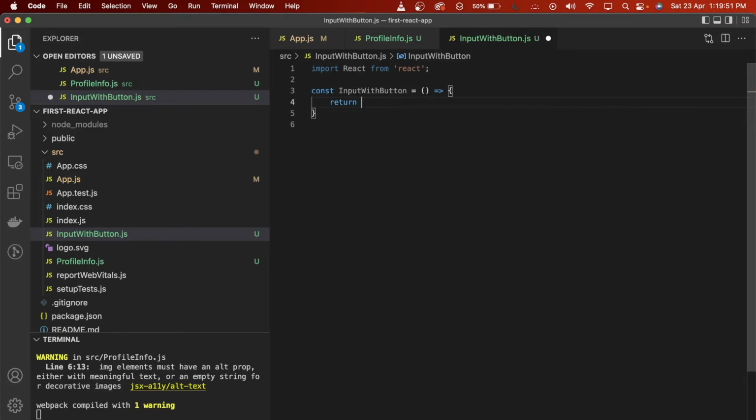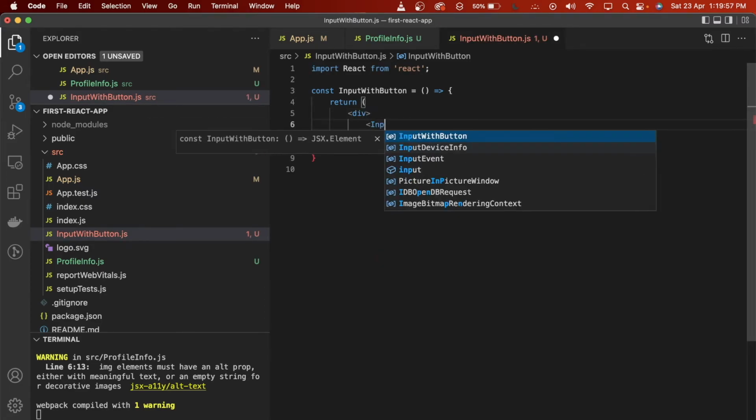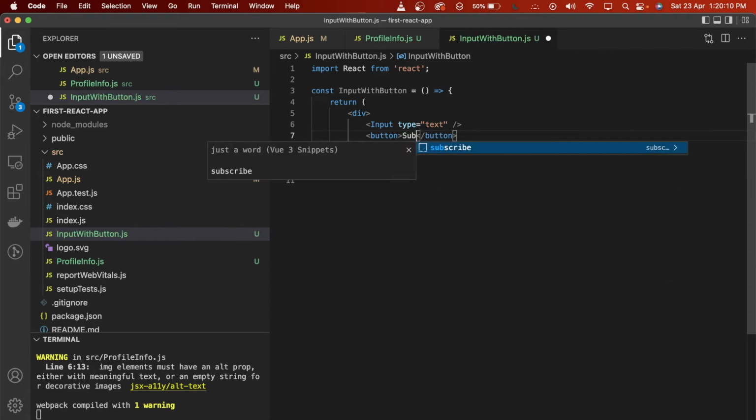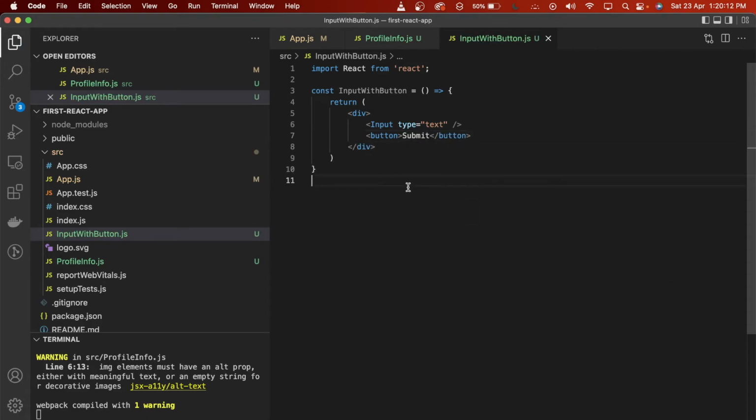And what I'm going to return from here is the input, type text, and a button with it, which we call submit, all right. And now I'm going to export it because I'm going to import that,